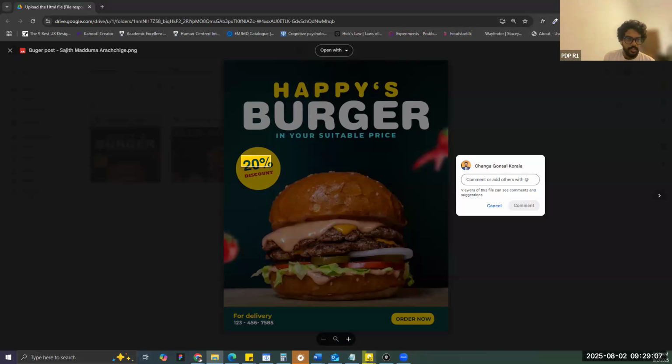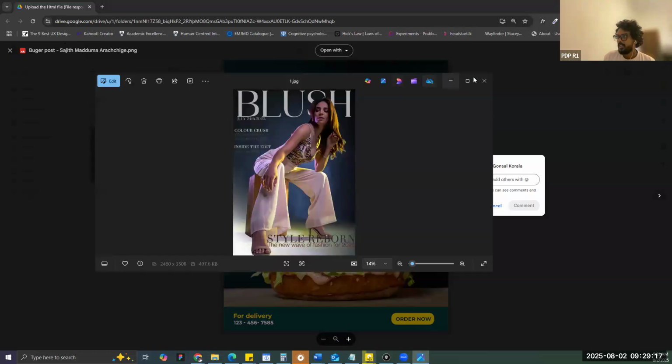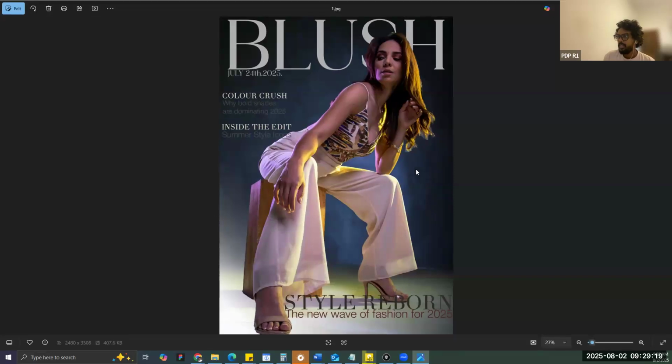Okay, there is another magazine cover. This one is great. Let's see how he designed the magazine cover. He takes the image, and see how he used the font. He used the fonts well. He selected a good font and the date. But also, when considering the alignments,